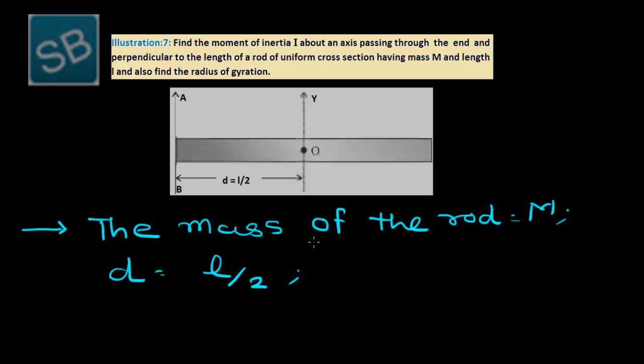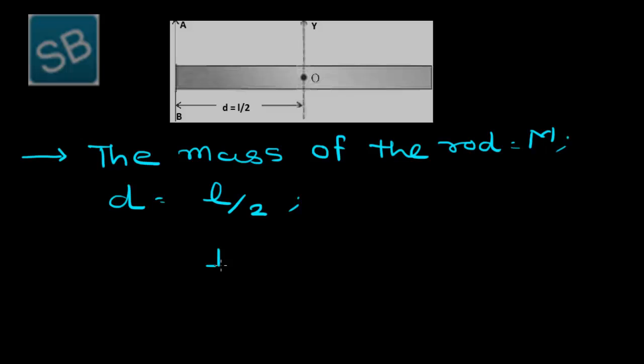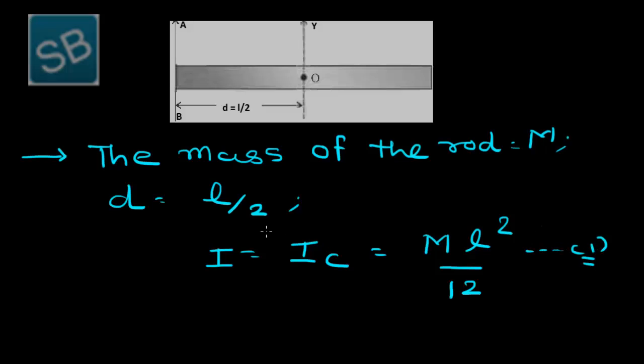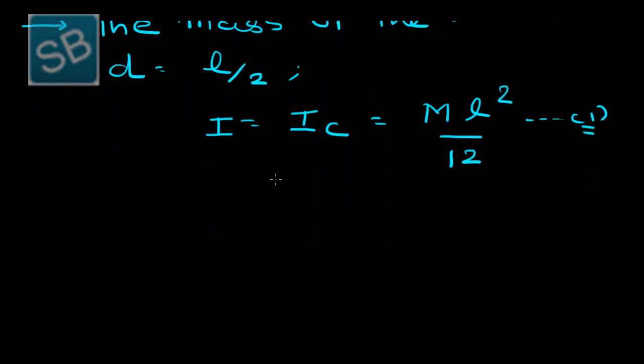And we know, according to the equation, the moment of inertia of such kind of rod is given by the moment of inertia of its parallel axis, and the value is ML square by 12. So this is IC. But here the value of d is provided to us, and the total moment of inertia